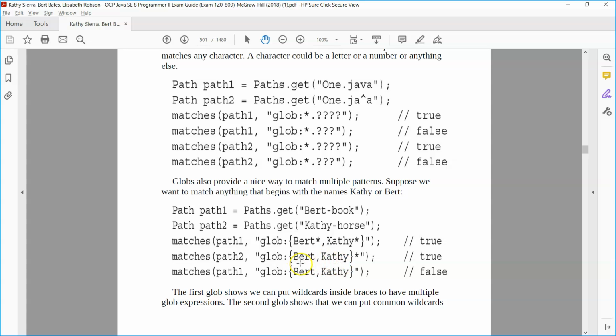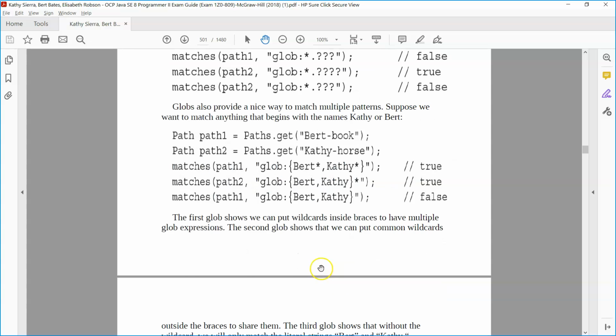Oh, sorry, but after the curly brackets there's a star, so it's saying find either Bert or Kathy followed by 1 or more characters. And of course it can in path 2. And the last one is, can it find exactly Bert or Kathy? But no, because there are more characters that follow. So